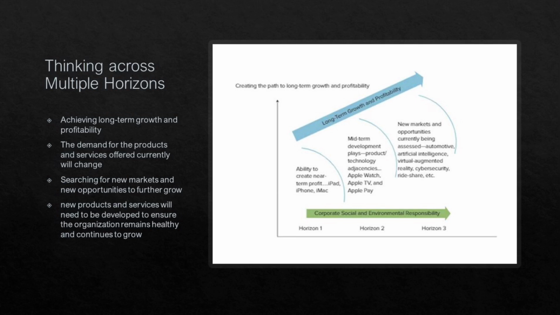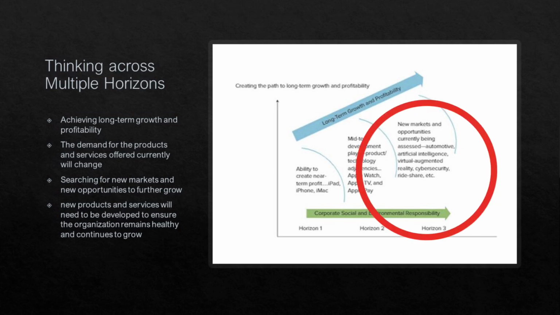Then horizon number 2, mid-term development, and these product technology adjustments like Apple Watch, Apple TV, Apple Pay. The third horizon is the new markets and the new opportunities that they assess now, but they are keeping working on for the future. For example, the automotive, artificial intelligence, virtual and augmented reality, the cybersecurity, the